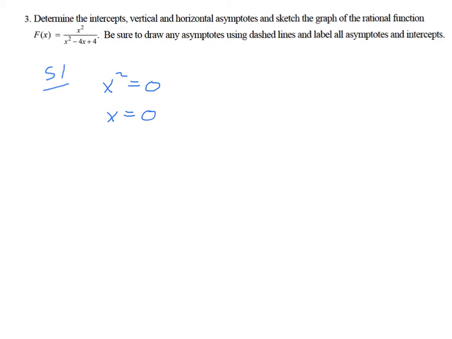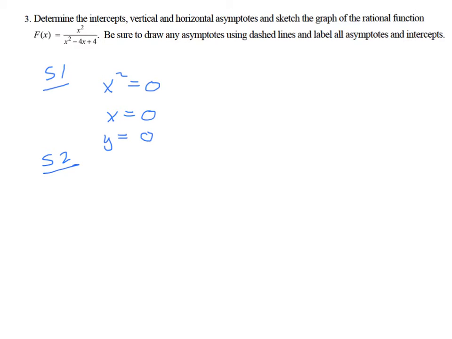Next, we're going to find our y-intercept. To find the y-intercept, you plug 0 in for x. So you're going to plug 0 in every place you see an x. So you're going to plug 0 here, here, and there. And of course, we're going to get 0 over 4. So that means that our y-intercept is going to be y equals 0 as well. Okay, step number 2